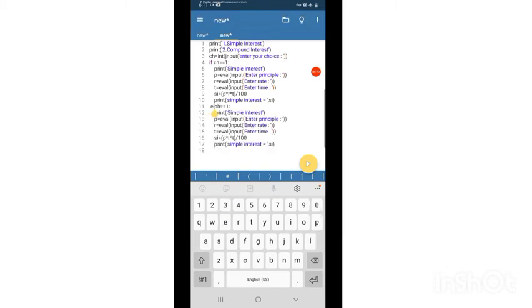Elif CH equal to 2, then we have to write compound interest. Then everything same.